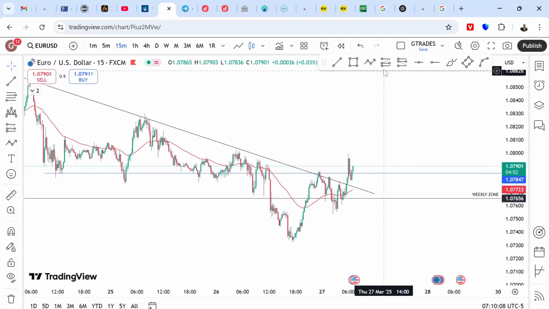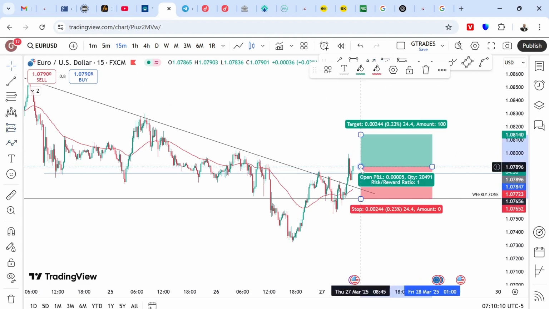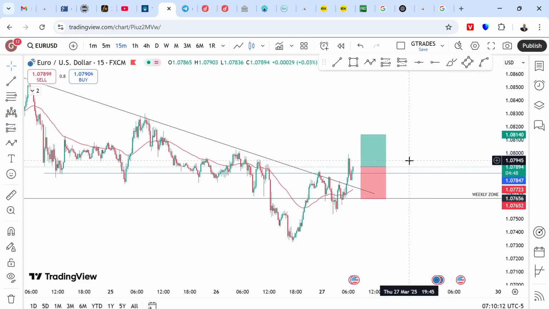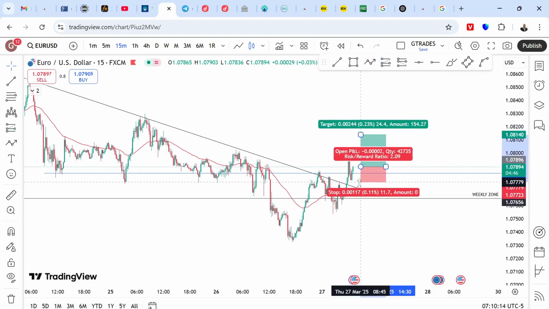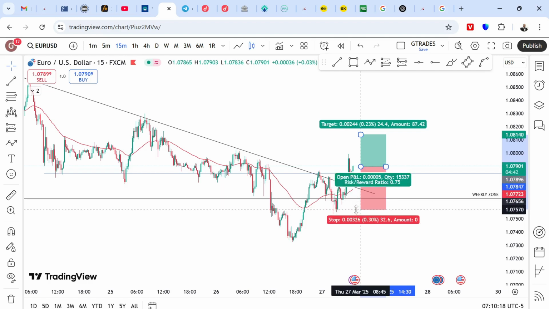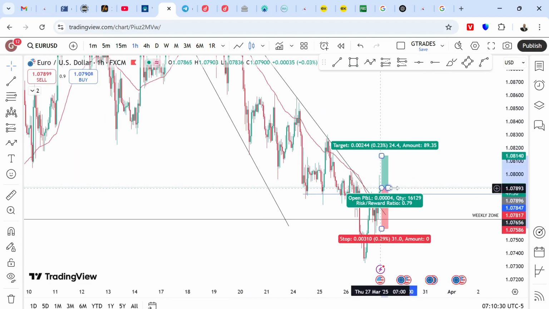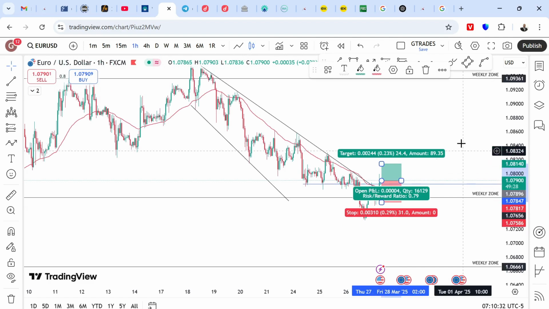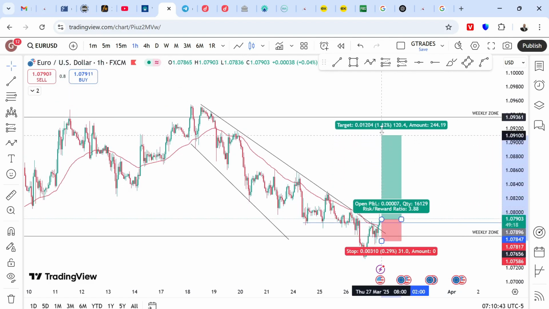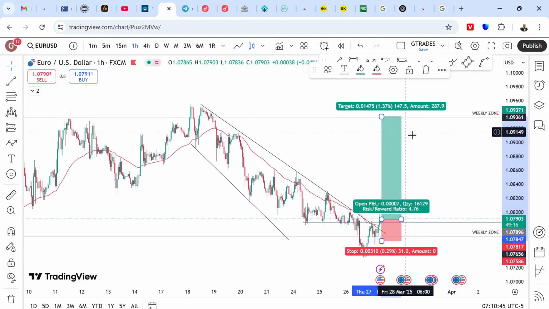And make sure you are able to set your stop loss at a very strategic area. Some people want to put their stop loss here, right? 13 pips. That would be so tight for your stop loss. If I were you, so long as I can get 1:2 on this trade, I don't mind putting my stop loss at a place where I'll be more comfortable, so that whenever the price is moving, I'm not even shaking, right? So this is where I'll be targeting right now, my end target.